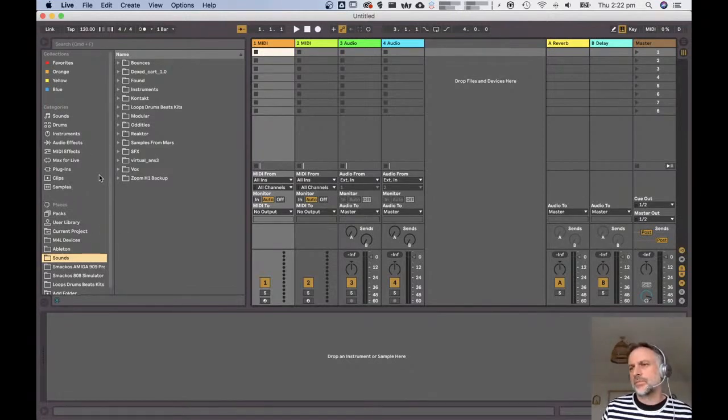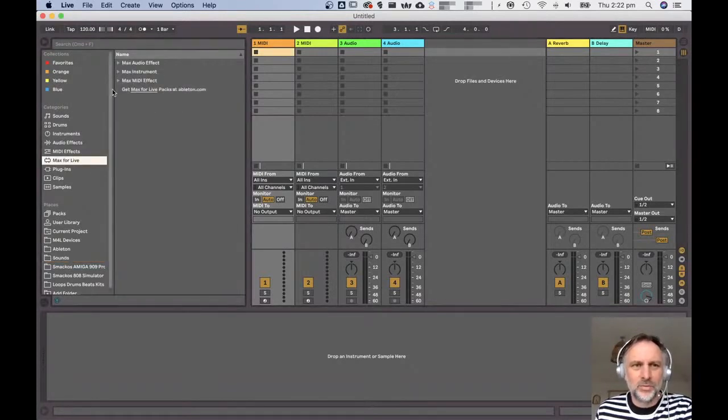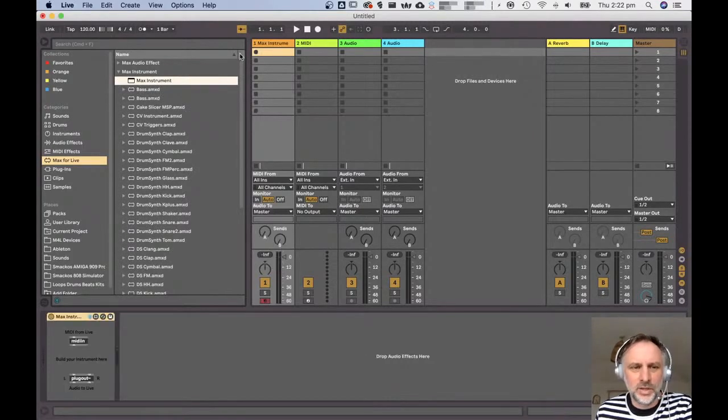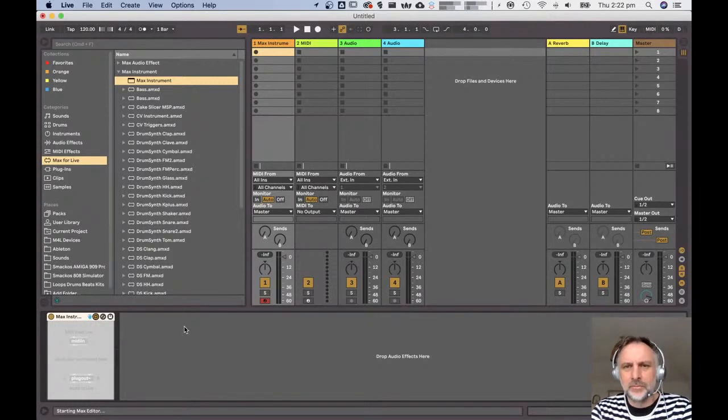I suppose the slight catch is with Max standalone, it doesn't care whether you're doing audio or MIDI or anything like that. In Max for Live, you need to know whether you're doing audio, MIDI processing, or making an instrument. But beyond that, whatever it is that you choose to do, so if I make an instrument here and then load the editor,